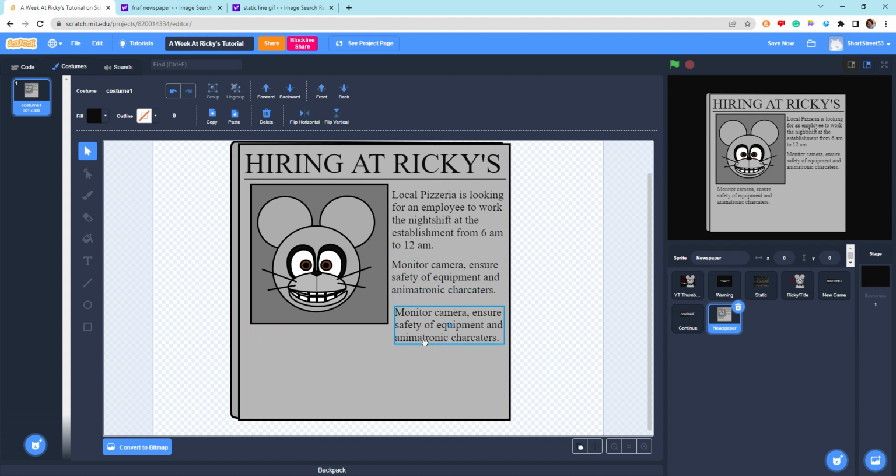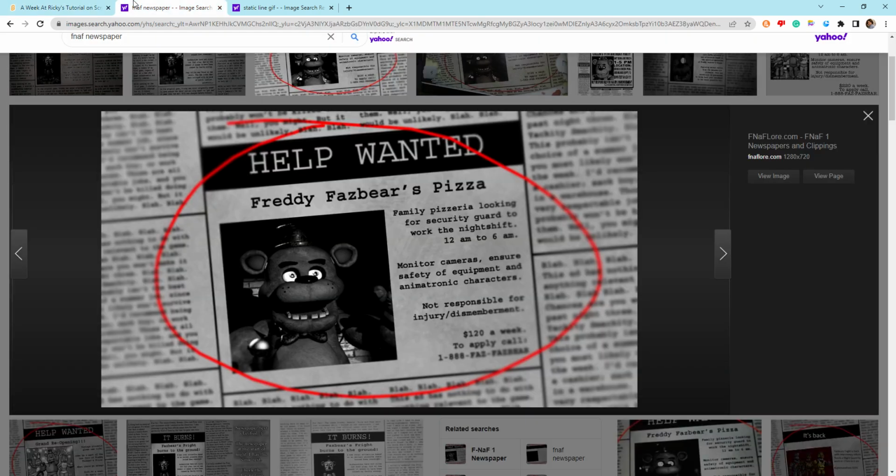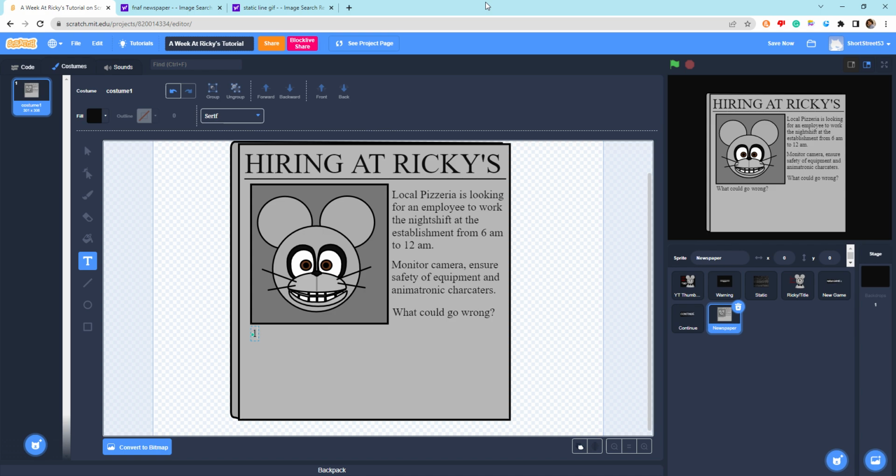And instead of doing the usual, I always love to do the "what could go wrong," because that's a classic line in the FNaF series. I just always love when something says it, and that's what I'm gonna do, especially since I can't really fit it. But yeah, let's see, just the logo, monitor, and then what could go wrong, like a lot. And then right here, I'll put just the one, and I actually wonder,